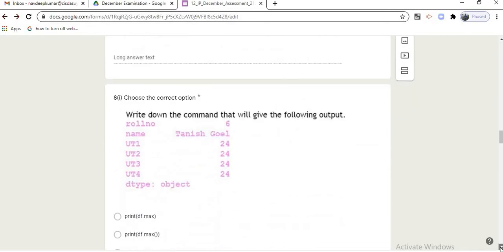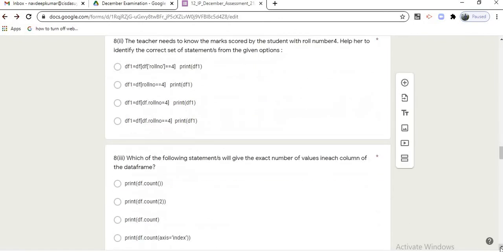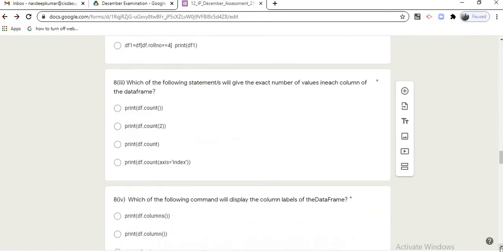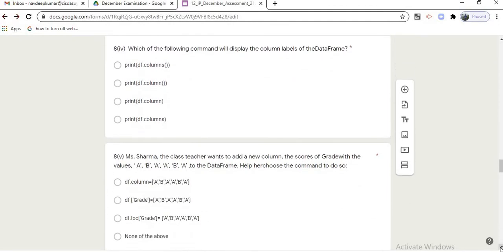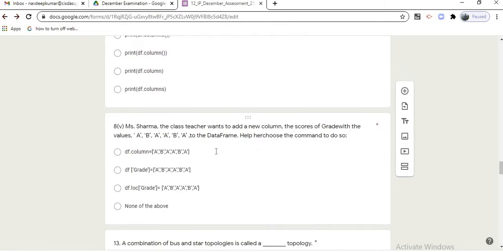Now moving to the last question of the case-based question: Mrs. Sharma, the class teacher, wants to add a new column. But how is a new column added? With the scores of grades, these are the values for the grades to be added into the data frame. Help her to choose the right command.